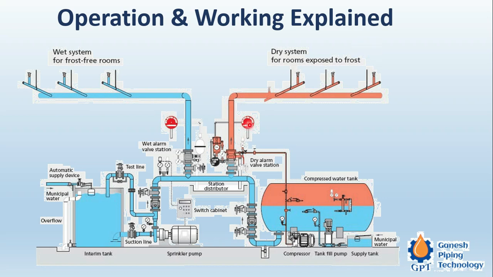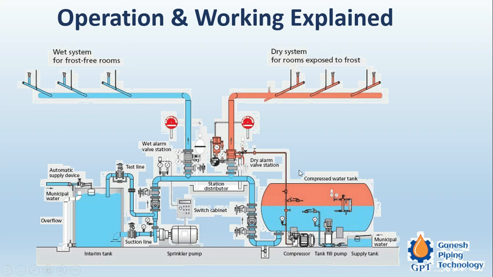When this pressure drop takes place, it will send an electrical alarm indicating that there is a problem. There can be a fire event. So the security will be alert. There will be the alarm to the nearby fire station. So they will also get alert, and